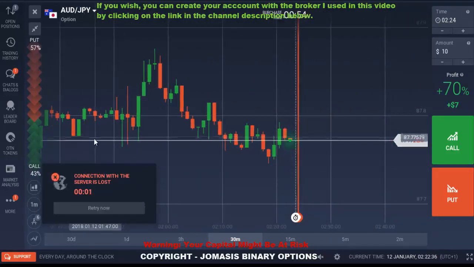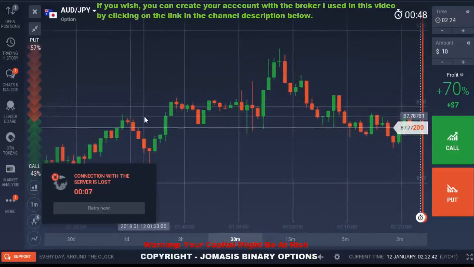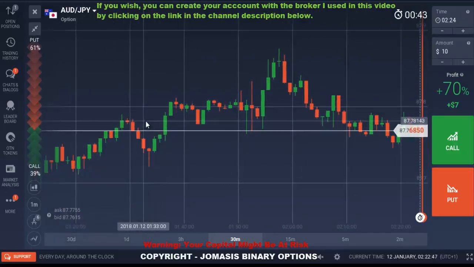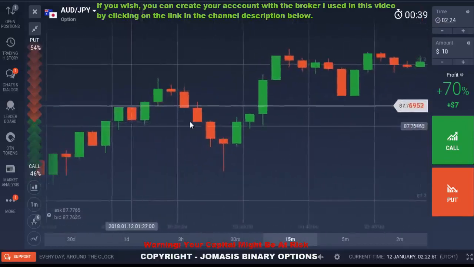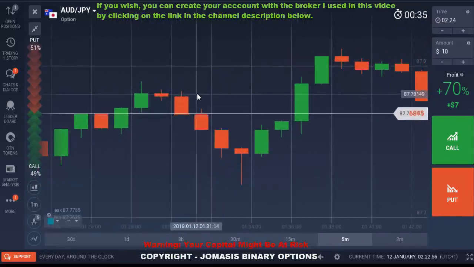As you can see, at this level there's no trading. Okay, let me check this. Well, let's try this one and see if we draw this resistance